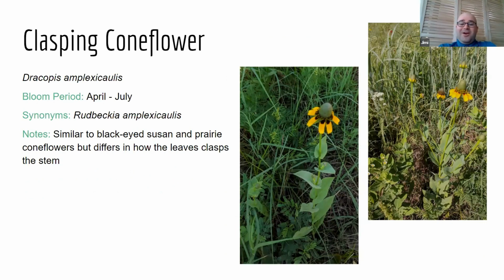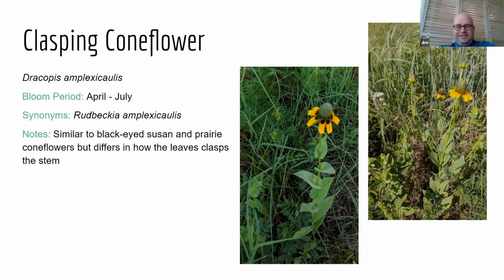Now, onto a lot of the coneflowers. One of the reasons common names can get really tiring, especially in Oklahoma, is it seems like every other wildflower in Oklahoma is some sort of coneflower, even though some are closely related, some are not. And so these next three are all actually going to look somewhat similar,